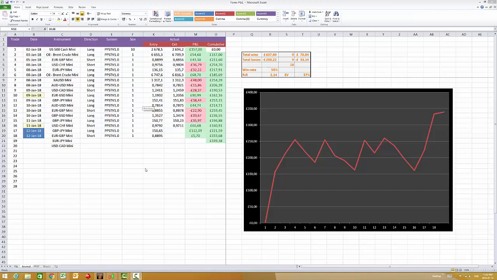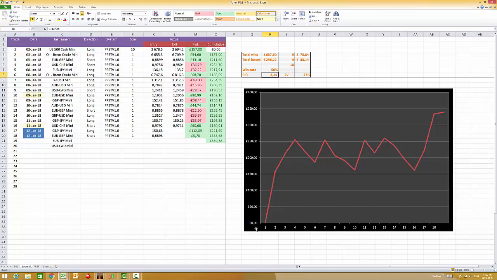Right, so this is where we are year to date. We've ended 18 trades, 9 winners, 9 losers, so a 50% win rate. We've got 2 open positions, which I'll run through in a minute, and we're operating at an average reward to risk of 2.14 to 1, which is pretty decent. It has to be said, these are only 18 trades though, so not statistically significant at all yet.